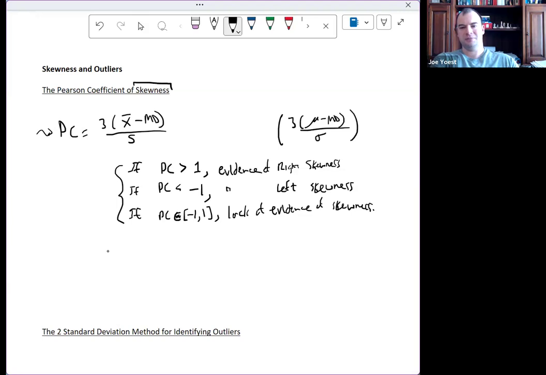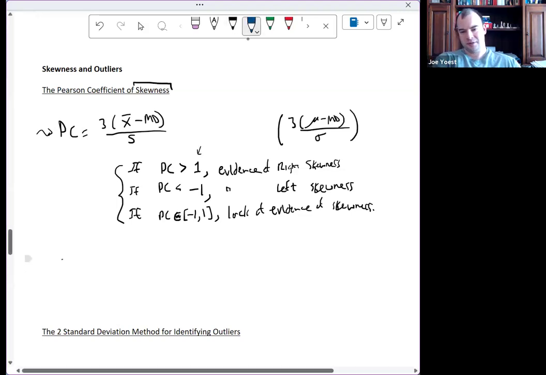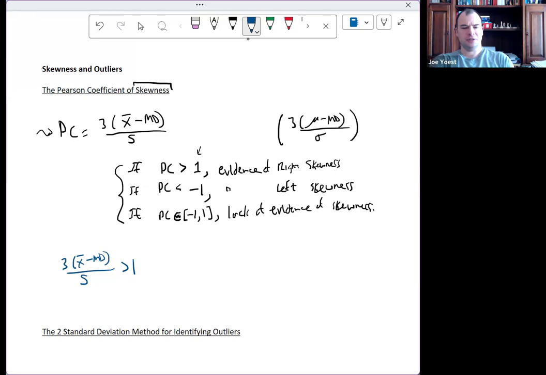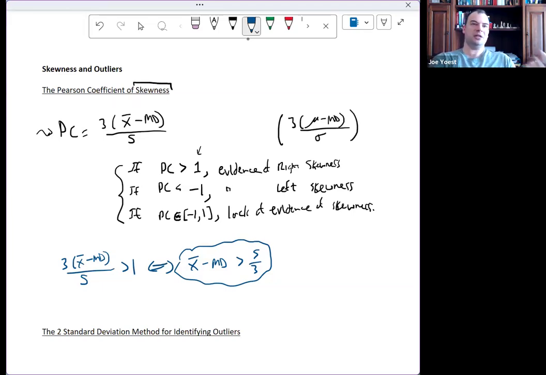Now, what is the Pearson coefficient being compared to 1 kind of saying? Let's just look at the right skewed example. This being bigger than 1 is equivalent to, I can multiply by standard deviation, divide by 3. So really the Pearson coefficient is just setting in stone what we mean by substantially bigger than in the measure of center comparison. When I say if the mean is substantially bigger than the median, well,